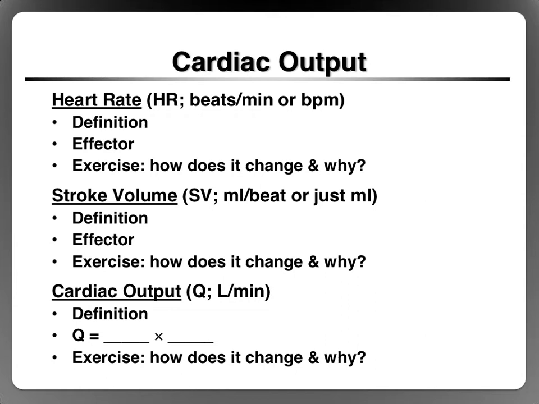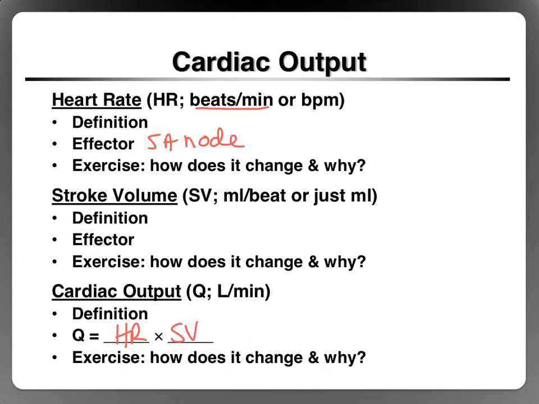In this video, we're going to talk about blood pressure, but I want to go backwards a little bit and review a couple things. So cardiac output is heart rate times stroke volume. Heart rate is the number of times a heart contracts in a minute, or the number of cardiac cycles a minute, and we call that beats per minute. The effector of heart rate is the SA node. Remember that the SA node initiates each cardiac cycle, so the rate at which the SA node fires determines heart